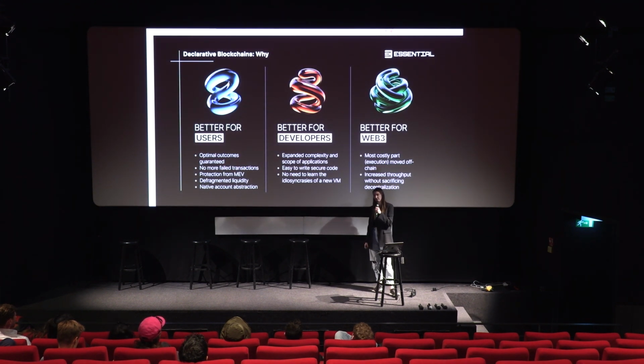So obviously, anyone who's familiar with the intent model or declarative model knows that there are a lot of benefits of this. Existing intent projects have already seen a lot of these benefits come to light for users. The main thing on the user side is just the optimality of outcomes. Now you can actually express the outcome you want and guarantee that it gets included, and so you don't have all these unintended side effects. There are a handful more great UX improvements for users as well, but the fundamentals of the declarative model are that it really enshrines everything in terms of the outcomes that the user wants.